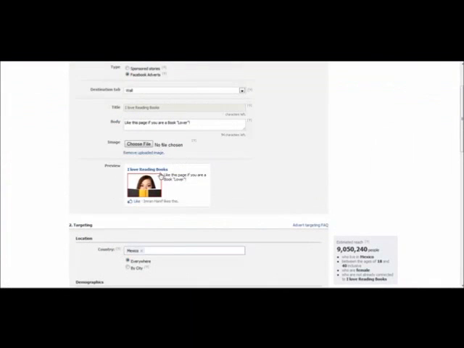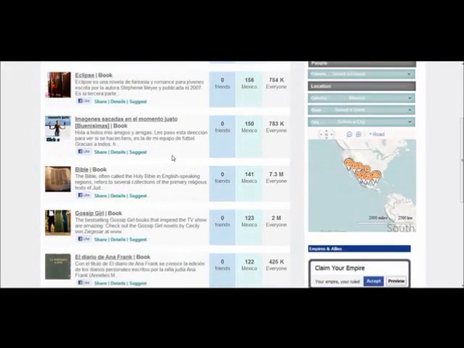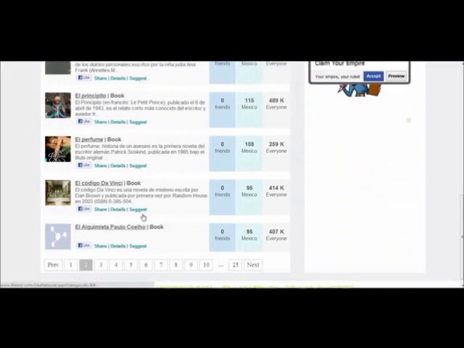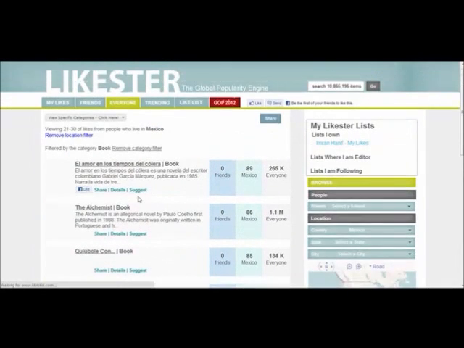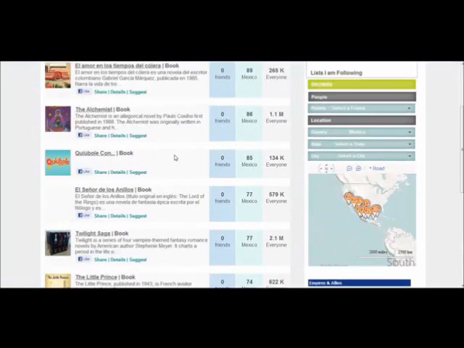So what you can actually do here is, instead of a fan page like "I love reading books," you might want to create a fan page for Twilight books, or basically create a fan page based around a product or a series like Twilight, and you can simply promote Amazon products.